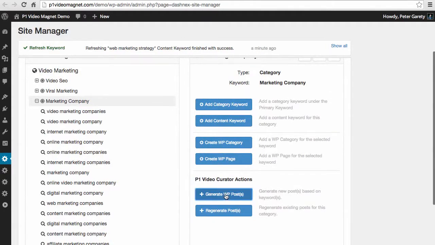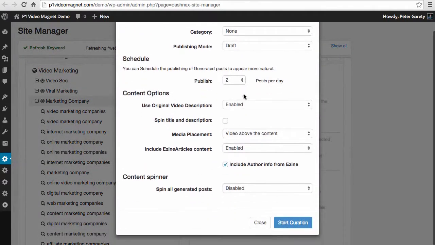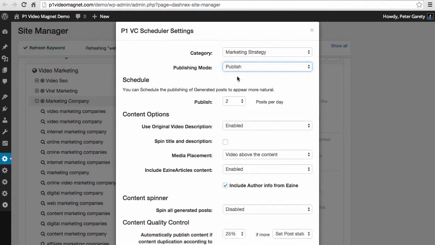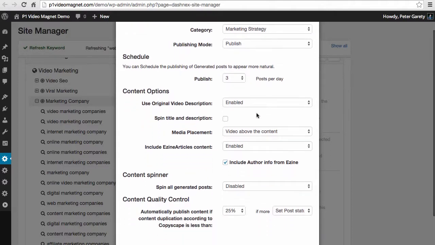Click this Generate WordPress Posts, and it's going to open the screen where you have a bunch of options. So let me quickly explain what these options are. First, we select the category where we want to publish this. The next one, you have 2 choices, whether you want to publish in draft mode or publish right away. And if you publish right away, you can schedule how many posts you want to publish per day. For example, big authority sites might have 10, 15 posts per day. Smaller sites could be 5, 3 a day, but you just need to schedule it once and it will be